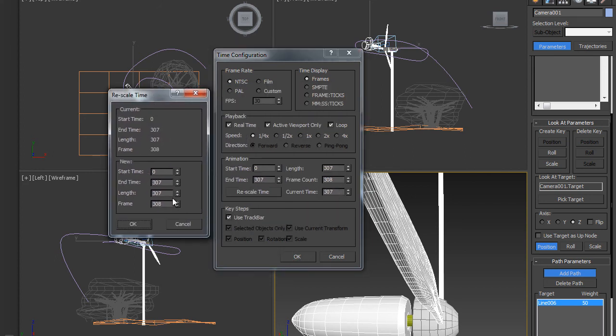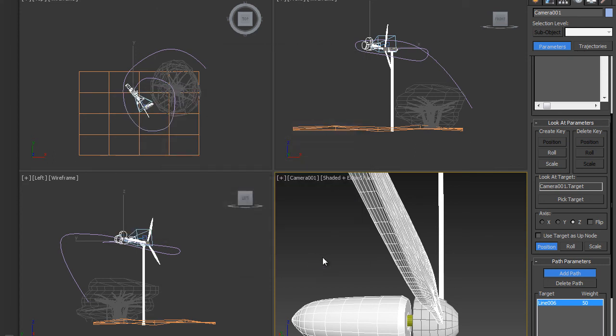What we are going to do right here is add more frames to the timeline by writing the numbers that we think we need in the end time, and we hit OK, and OK again, and we have the time. Okay, that's the first part of our animation. Thanks for